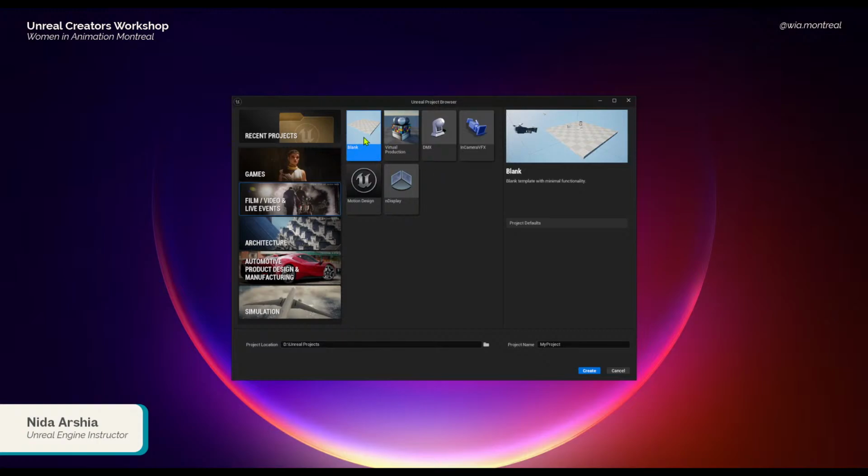All right. So I'm selecting blank. You can select the project location where you want the project to be saved, and then simply click on create. Now, in the previous versions of Unreal, there were a few more options that you could enable while creating the project, basically adding some content to the project. I'm not seeing them here right now, so I assume it's a new update. Okay, so you can click on create. It is going to take some time and create the project for you.